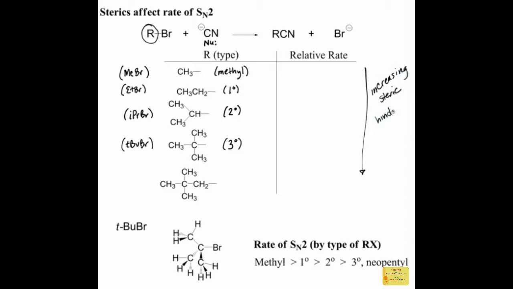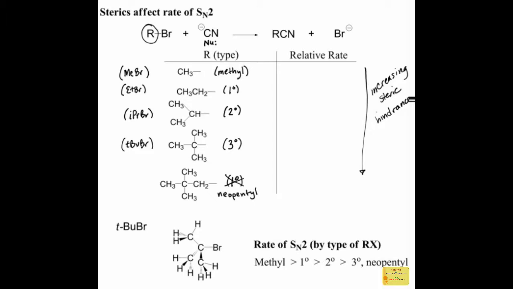Now this last one is kind of an interesting molecule. How would you describe the carbon bearing the leaving group here? Looks like it's just a primary carbon, right? Because there's just one carbon group attached. But what's interesting about that carbon group that's attached? It's a tert-butyl group. So even though it has just one group attached to it, it's a very bulky group, and so this is also a really sterically crowded center. It's not really just a simple primary. This is known as the neopentyl group. That's another common name. And the neopentyl group is uniquely known because of its large amount of steric